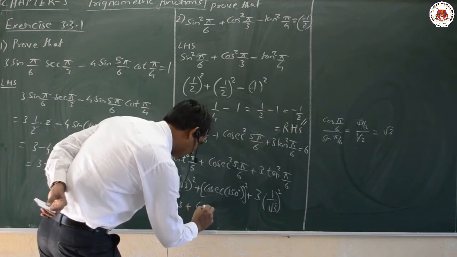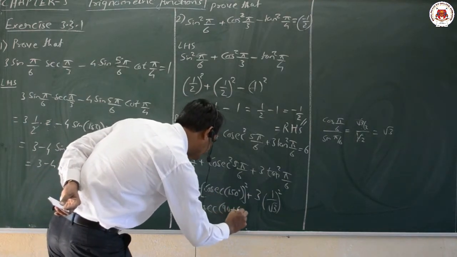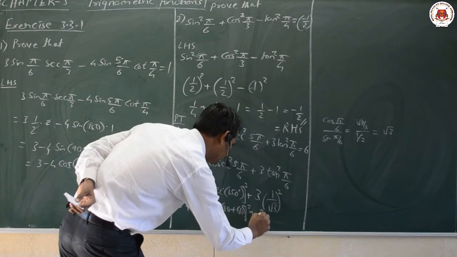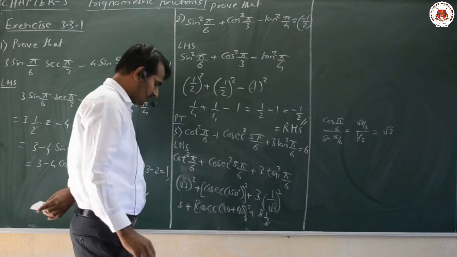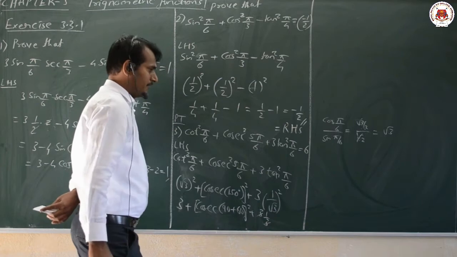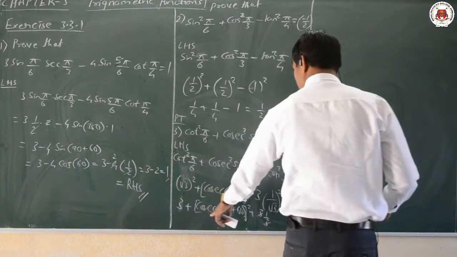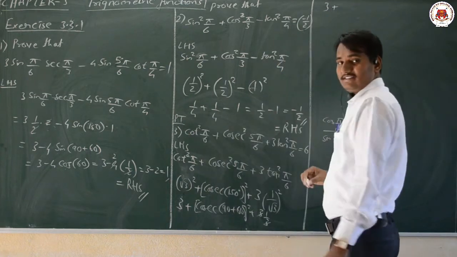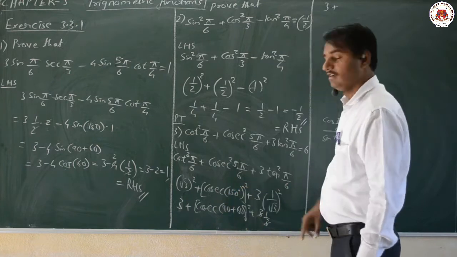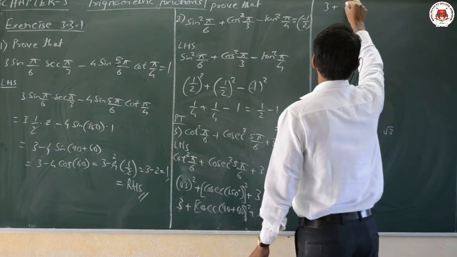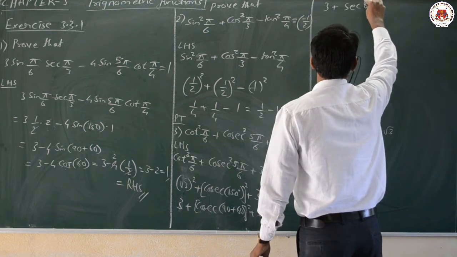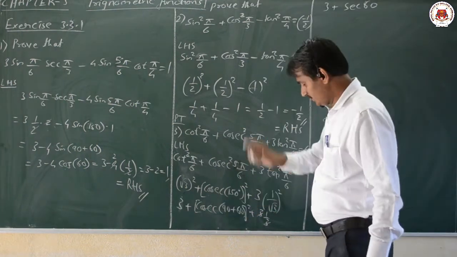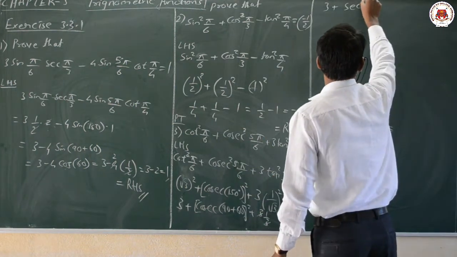Can I write it as cosecant of 90 plus 60 whole square, plus 3 into 1 by 3? Here it gets eliminated, the value will be 1. Now here, dear students, cosecant of 90 plus theta, in which quadrant does it come? That is in the second quadrant. In the second quadrant, secant becomes cosecant and cosecant becomes secant. What we get here is secant of 60 degrees. And in the second quadrant, sine and cosecant are positive, and it is whole square.